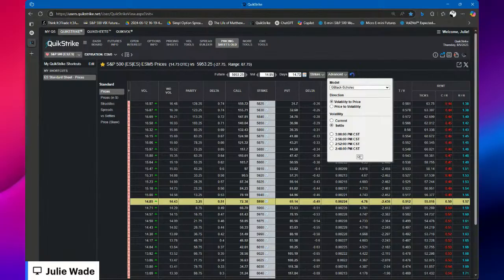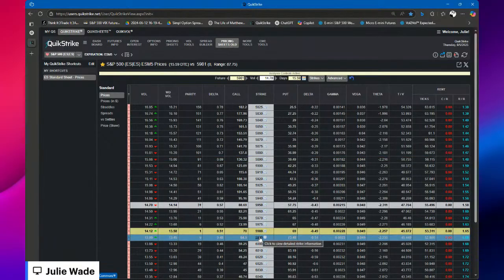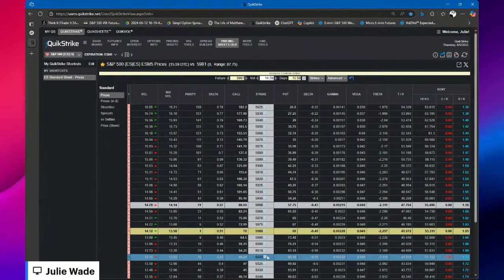So I like to do the settlement, which is the end of the day. So when the market closes, that is the settlement. And that's 1 hour from now, 4 p.m. Central, 5 p.m. Eastern. And then the open is 1 hour later at 5 p.m. Central, 6 p.m. Eastern. So the settlement vol is very close to the open, but sometimes there will be a